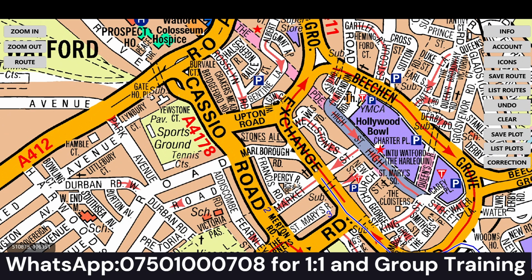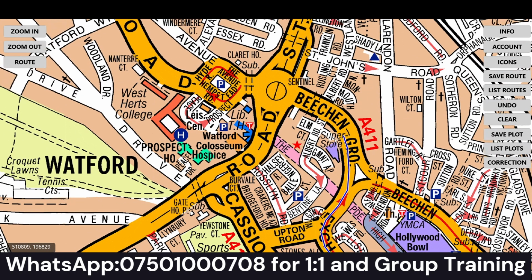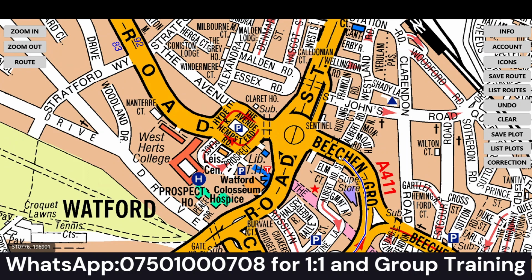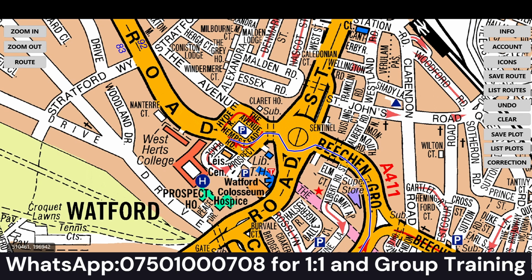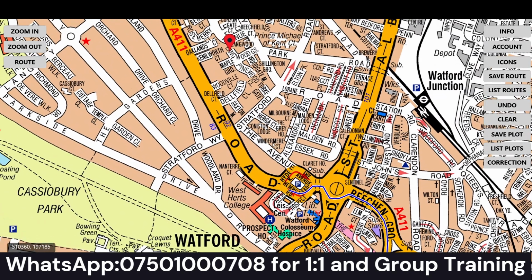Keep going straight, follow the arrow, and then keep going straight from here towards the Beach Grove, you can see that, and then another roundabout is coming. So from this roundabout we need to go again straight. So take the second exit, another mini roundabout. From here we're going to go towards the